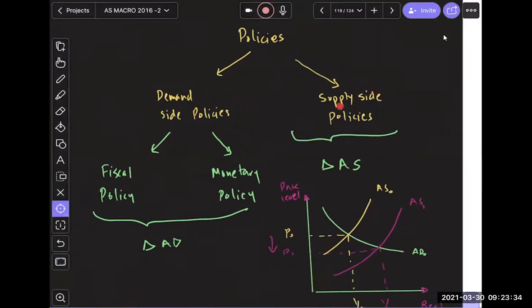We looked at demand side policies, which were basically fiscal policy and monetary policy. These policies are trying to make the AD change. Like if you want to alter the AD, that's when you do demand side policies. And the advantage of demand side policies, of course, is that they are very quick. You can see the impact happening very quickly, especially fiscal policy. It's pretty quick when it comes to getting your desired results.